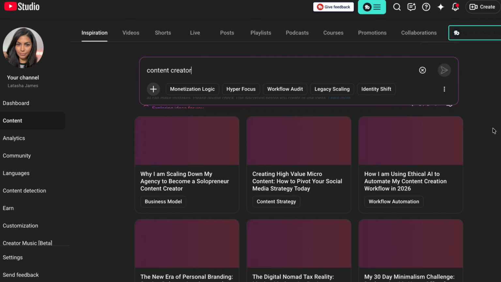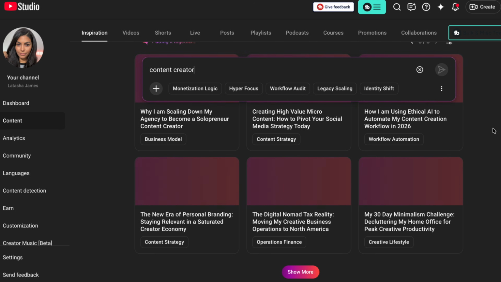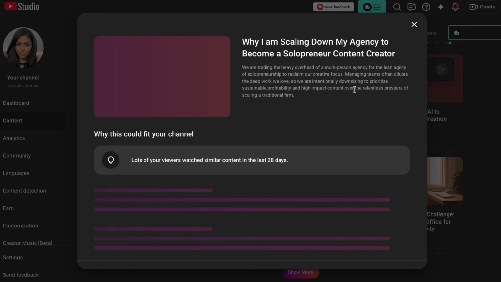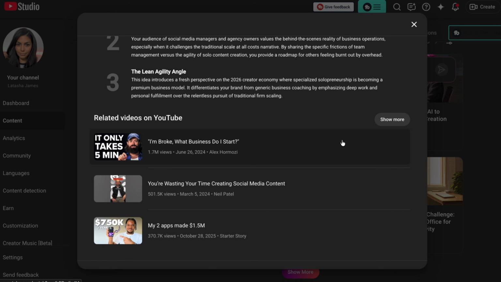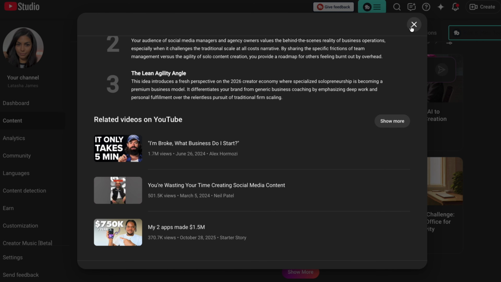Actually, YouTube has a platform built within the Studio tab that does this as well. It looks at others in your space. You can type in a keyword and it'll give you some generalized ideas. Now, I say generalized because truly they are so general. And I don't recommend anybody just say, oh, ChatGPT told me to make a video on 5 tips for freelancing. Like, that's not very helpful, right? Don't just take that and run with it.